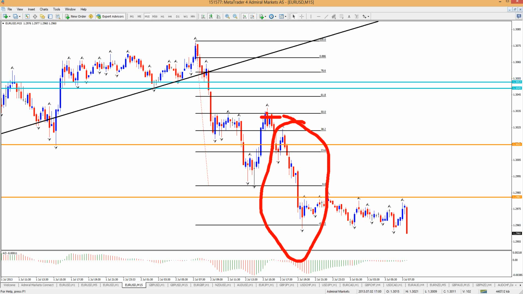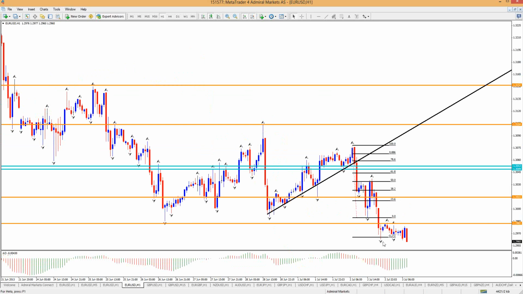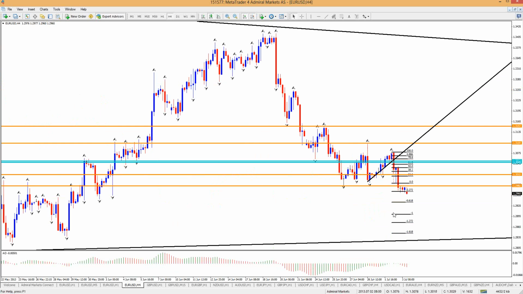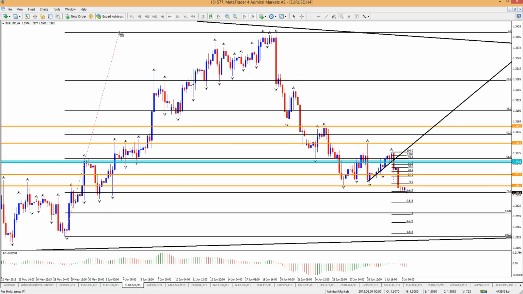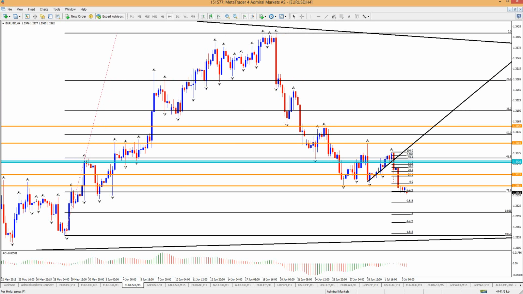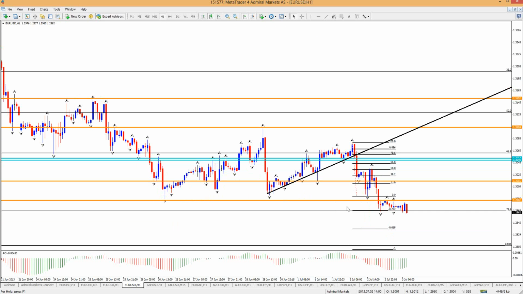All right, that was good. That was good. Really, that was a real high probability setup, just because we broke this 4 hour fractal and the trend line. Broke it and hooked back. That was one of the best setups you can have. And to be honest, now it looks like we're headed towards the next fib, which is the 886, and there's a high chance of reaching that 886. That's at 130.10. There's a very high chance for that. Now the question is, when do we make a retracement first?